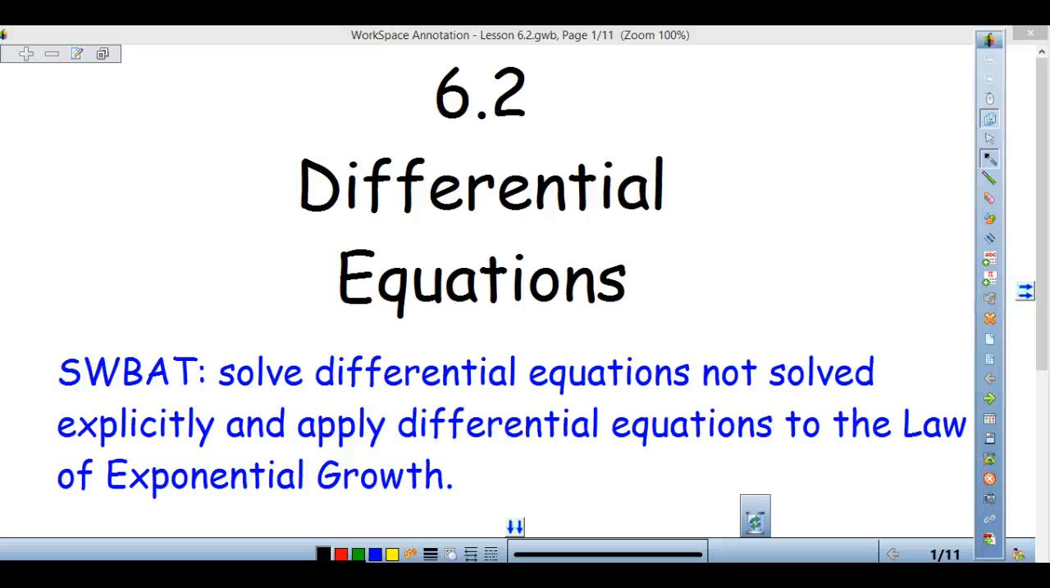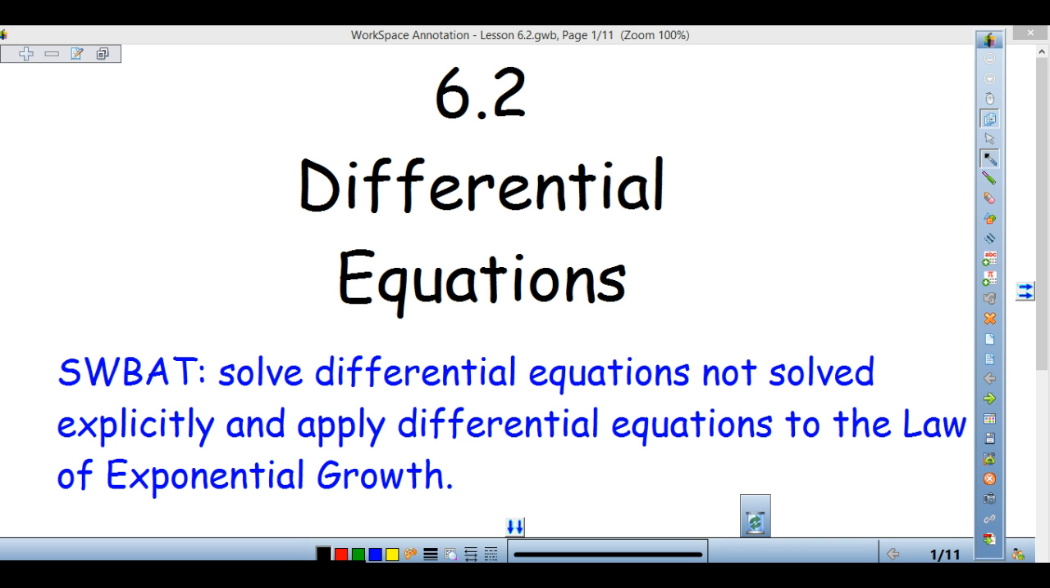So in this lesson, we are going to continue solving differential equations. We're going to expand the type of differential equations that we're looking at to ones that are not explicitly solved for y equals. So we'll talk about how we would want to solve these types of differential equations, and then we will also look at one of the most common applications of differential equations, which is the law of exponential